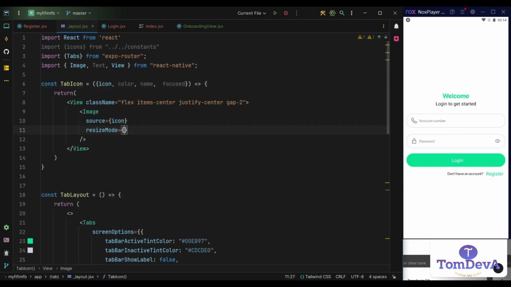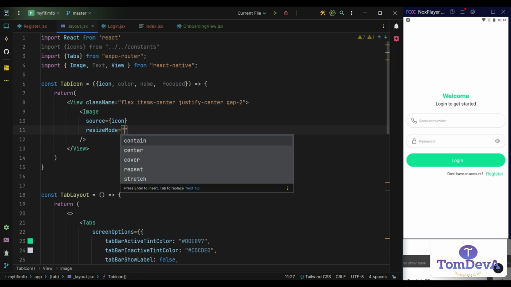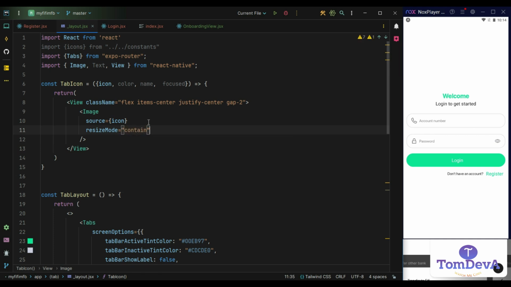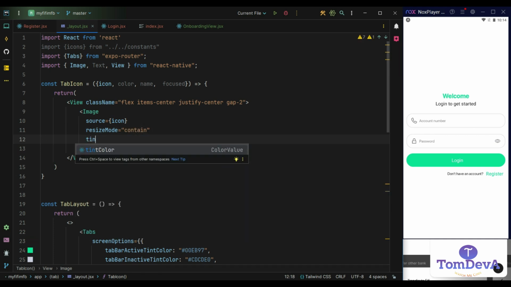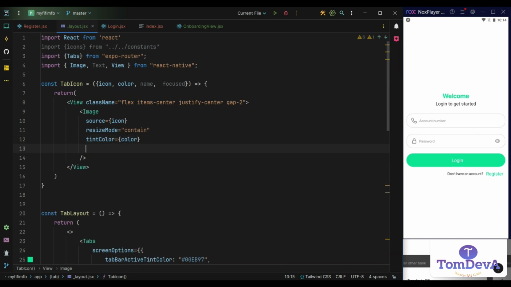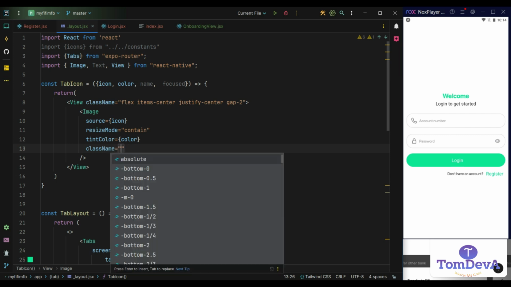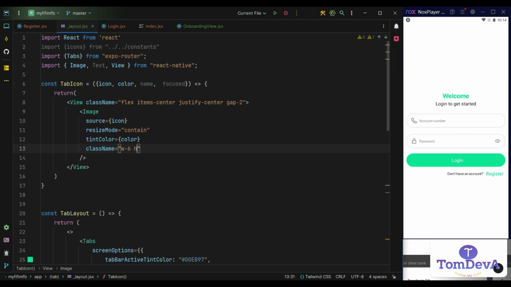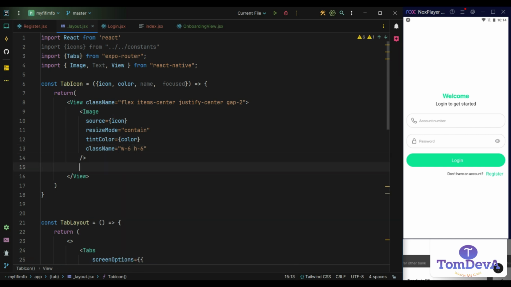Now the size mode should be contain, and tint color should also be color, and class name, we should have width of 6 and height of 6. So that is that. And below the image, we should also have our text,